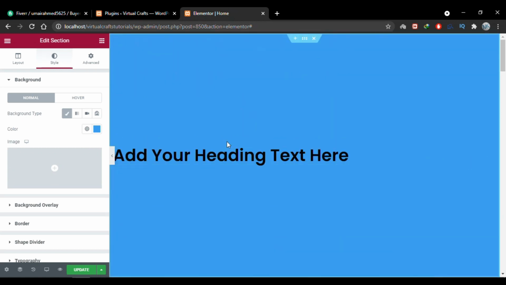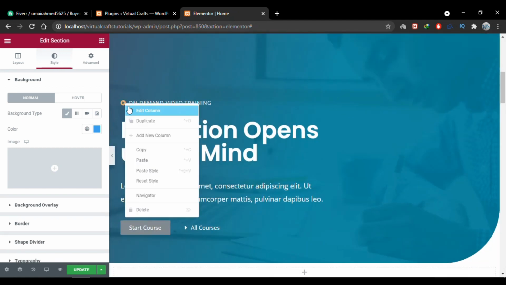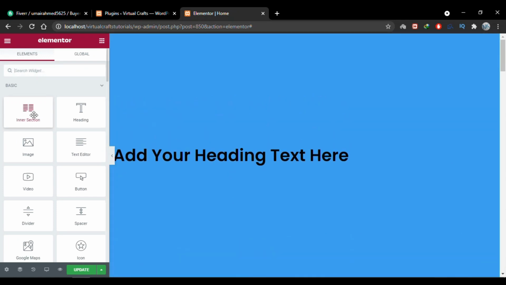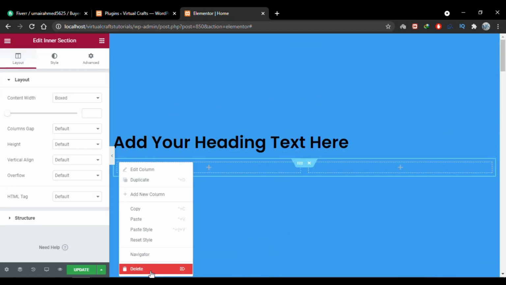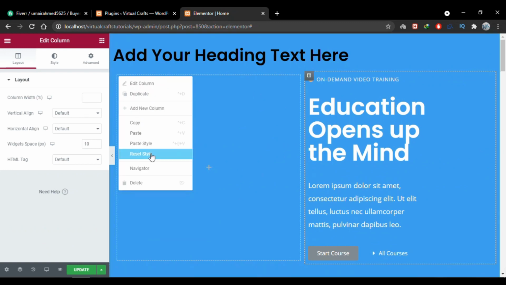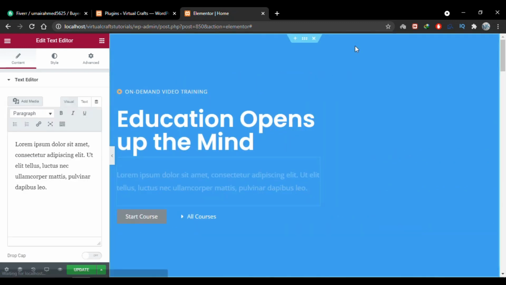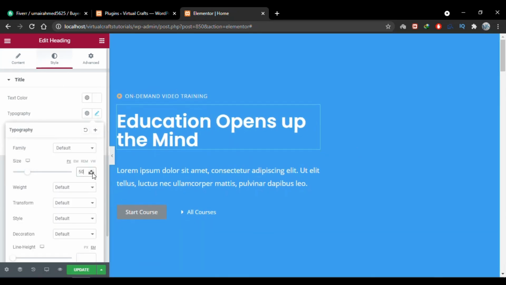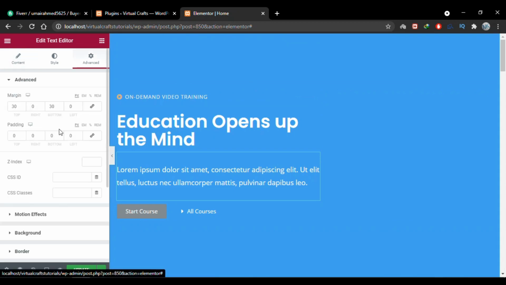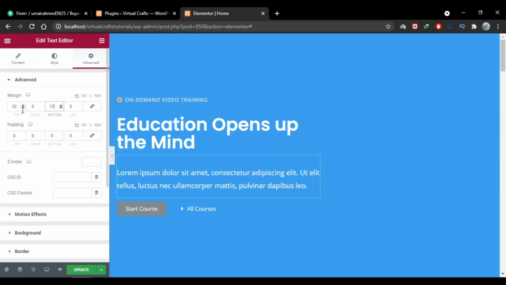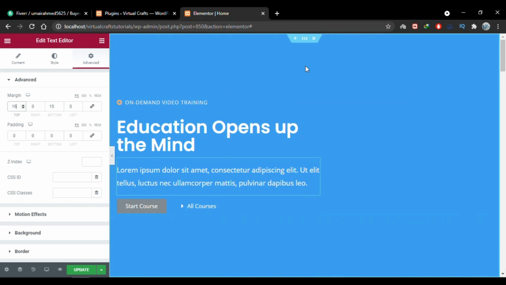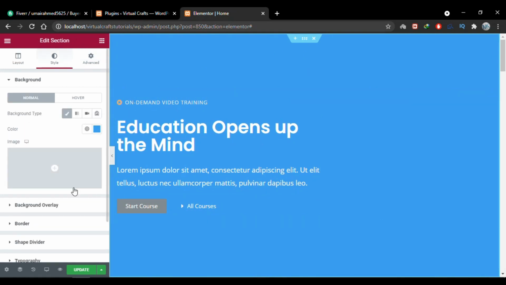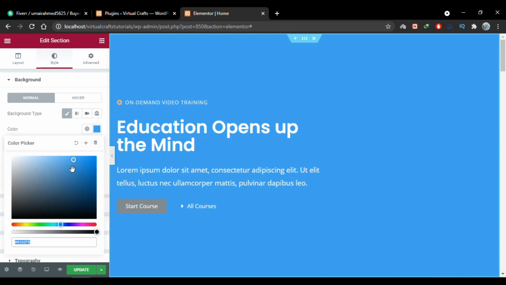Let me quickly add the section content first, and then we'll go on with the backgrounds. I'll copy the content from the section below. Okay, now my content is added. Let me decrease the font size a bit. I'll go to this section and I'll decrease its top and bottom padding. I'll click this edit section icon again, and we see now we can set a color as our background. You can alter the color according to your needs.